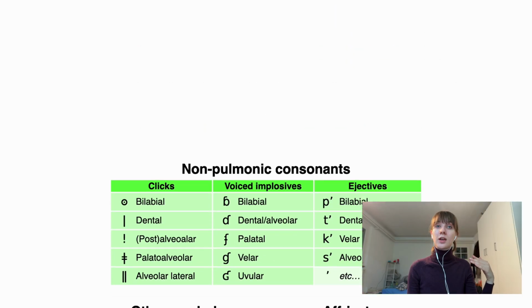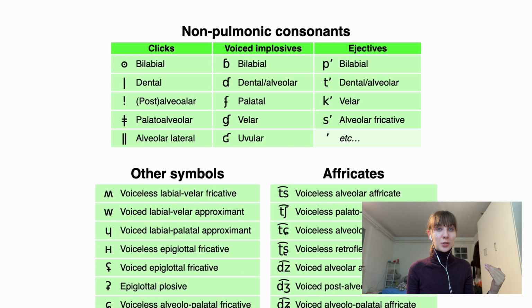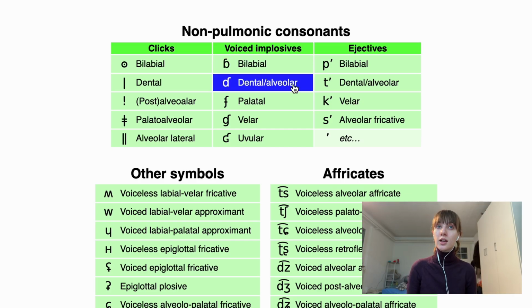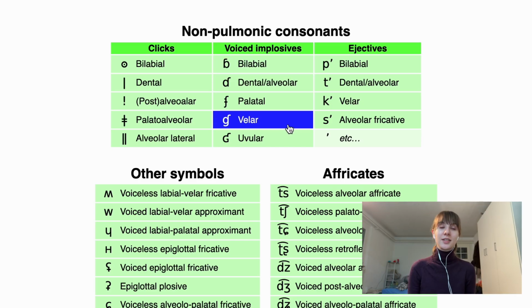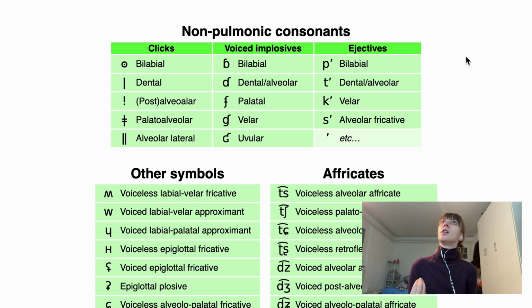There's also an extension of the consonants category. It's consonants that don't fit into this chart per se, they have an additional feature added to them. For example, there are voiced implosives such as b, d, g. They're pronounced in a slightly different manner, you have a change of pressure in the throat. If you're interested in that, there are a bunch of videos on that, but those consonants also exist,